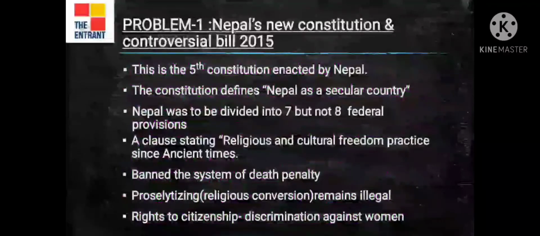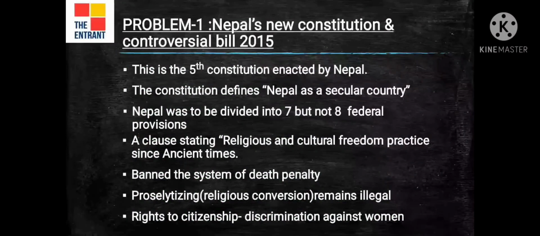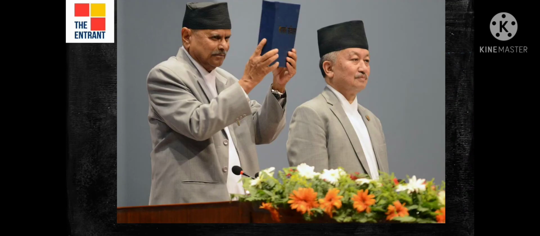Now to the next slide, which deals with the main problem number one. That is Nepal's new constitution and the controversial bill of 2015. The recent Nepali constitution was the fifth constitution enacted by Nepal. The constitution defines Nepal as a secular country, which means the country doesn't uphold a singular religion or favor any single religion. All religions, for example Hinduism, Christianity, Islam, Buddhism, are equal in the eyes of the state